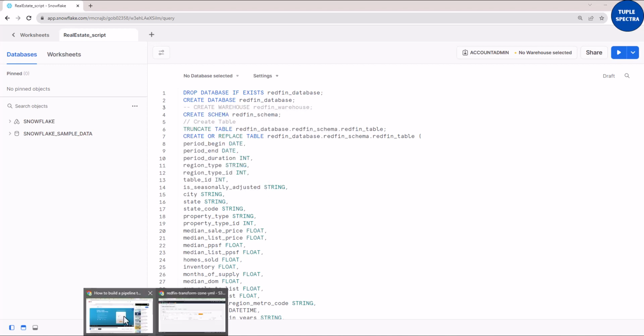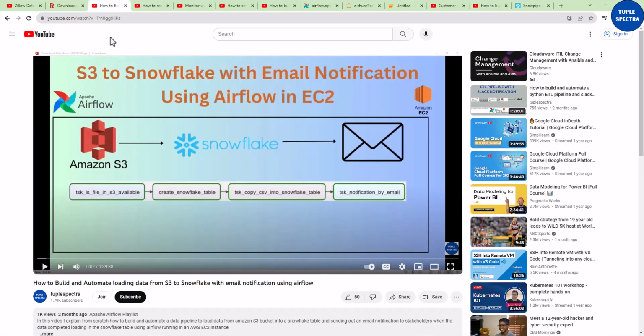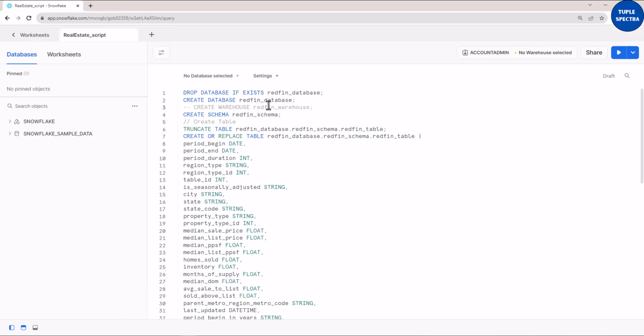I've done it in other videos for you. Take for example this particular video that I'm showing here, and also this video right here where I'm using Snowflake. You can explore that, guys. But in the case of this one, what I'm going to do right here is drop